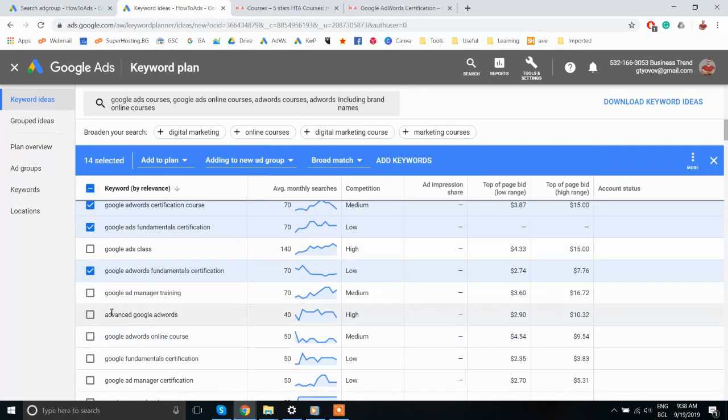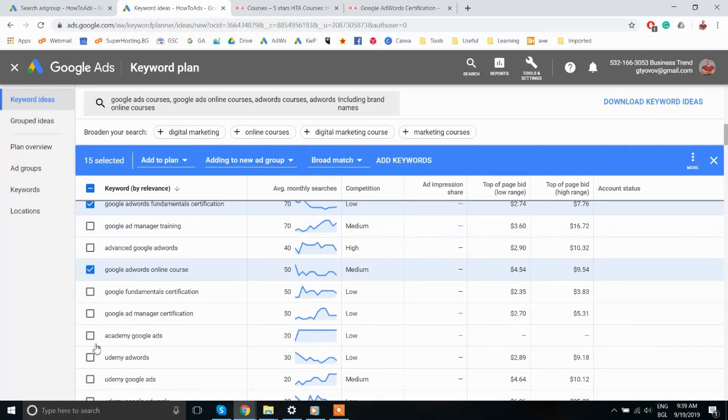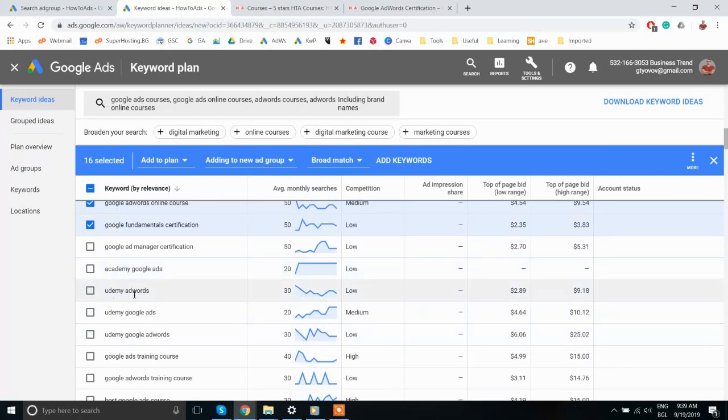Now, you know, when selecting keywords in the beginning, actually you want to be really, how can I say, broad in your choice, since you're collecting data and you don't know what exactly will bring you sales. So basically you're trying to figure out how the market will respond. So you want to be as broad as possible, of course, without crossing. I'll put also Udemy AdWords